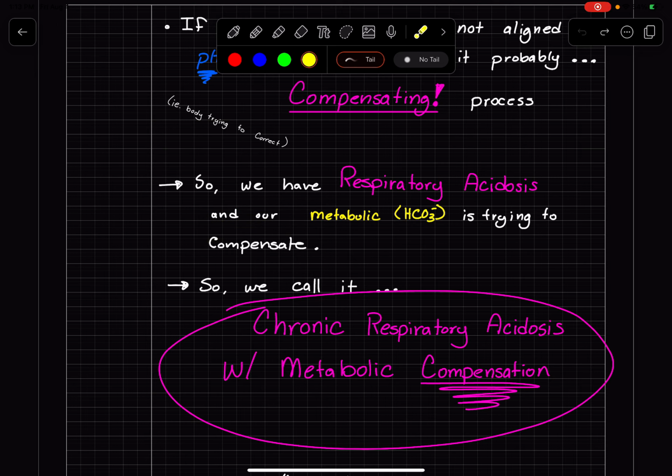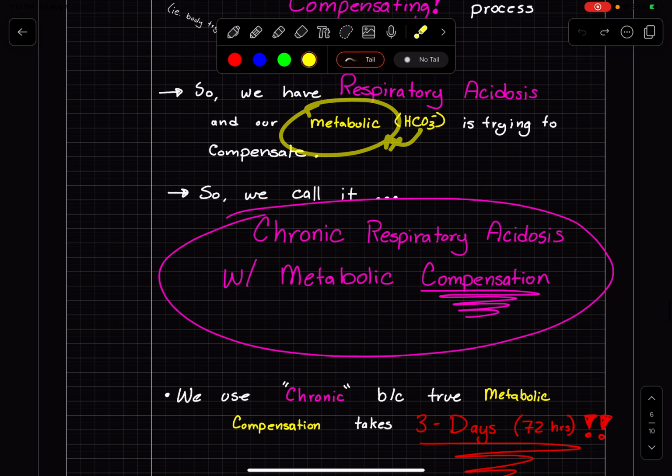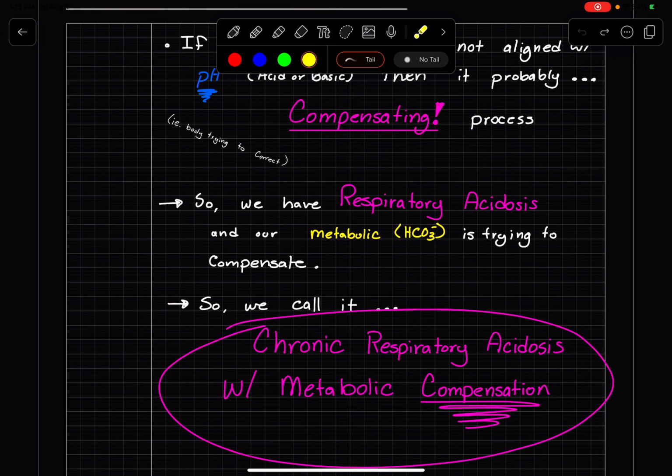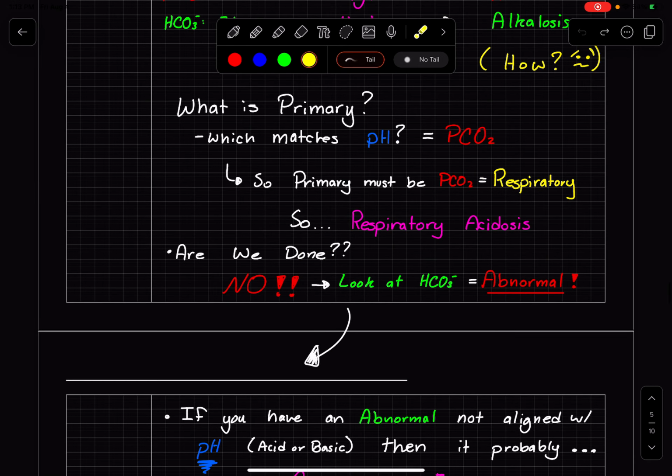We know it's metabolic because this HCO3 is abnormal. HCO3 happens in the kidneys. It happens there because it's metabolized, so it's a metabolic process. Bicarb is a metabolic process. That's how it changes. So the overall name that we're going to put together with rule 1